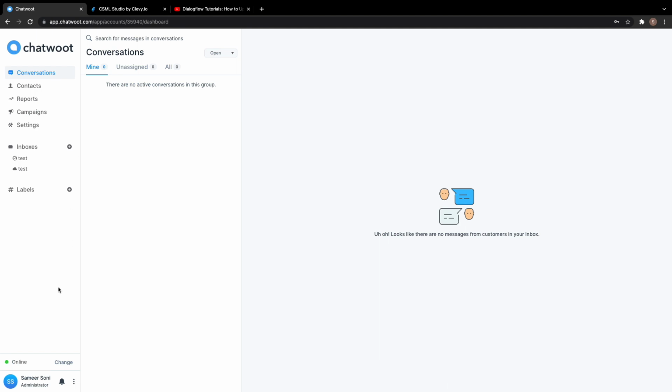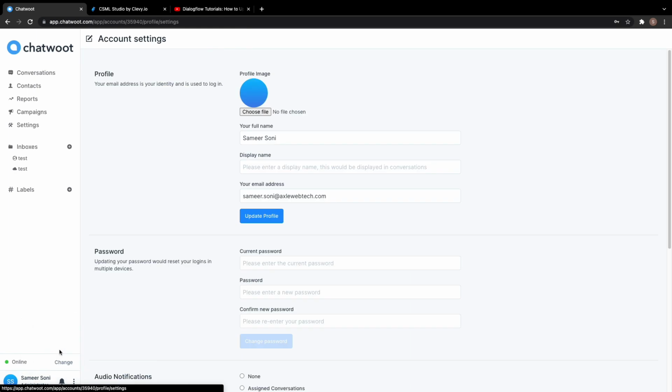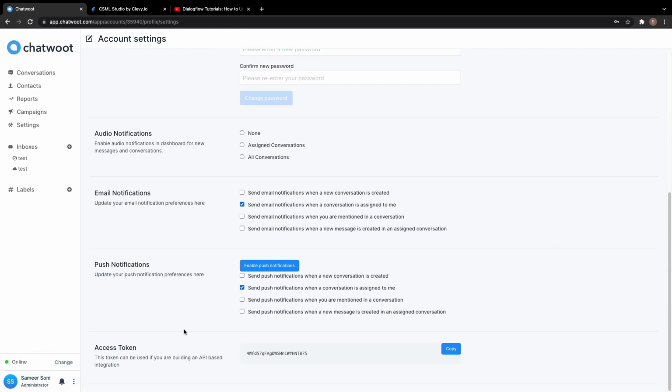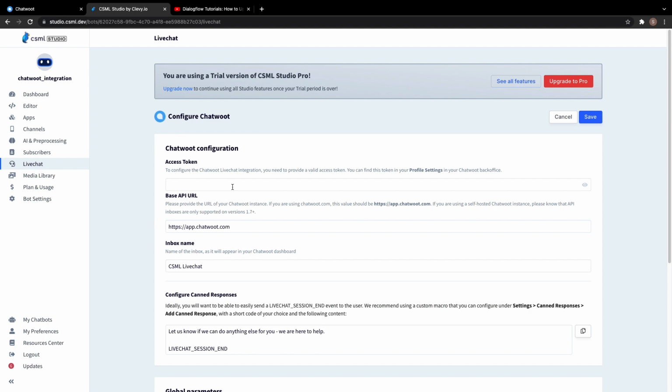So here we need to go to the three dots at the bottom and then to profile settings and then scroll down, and here you will see your access token. Copy it and go to the CSML and paste it here and save it.